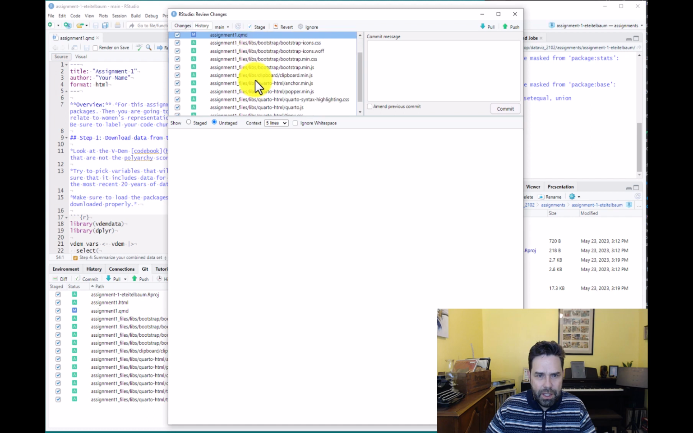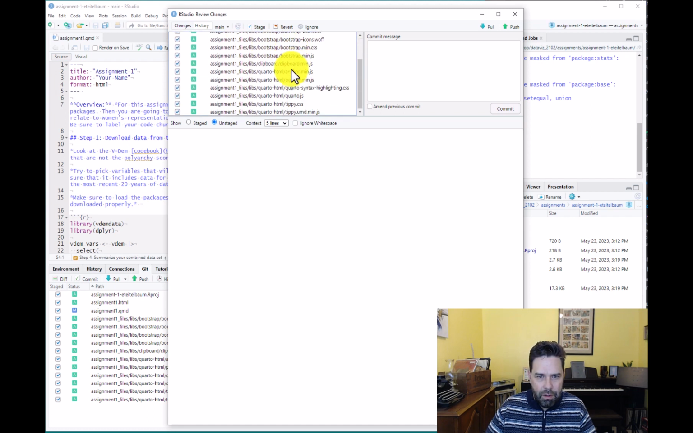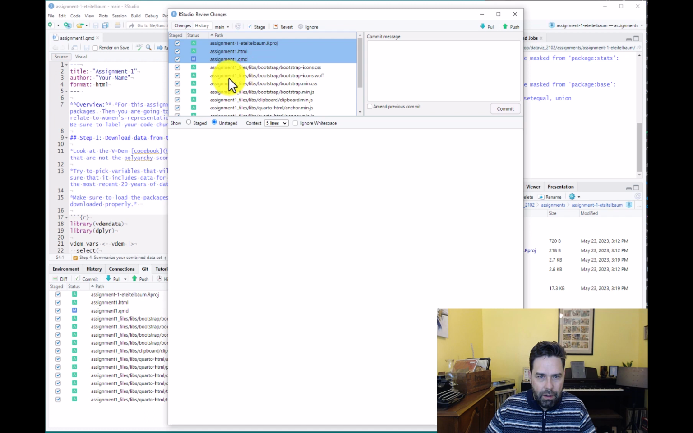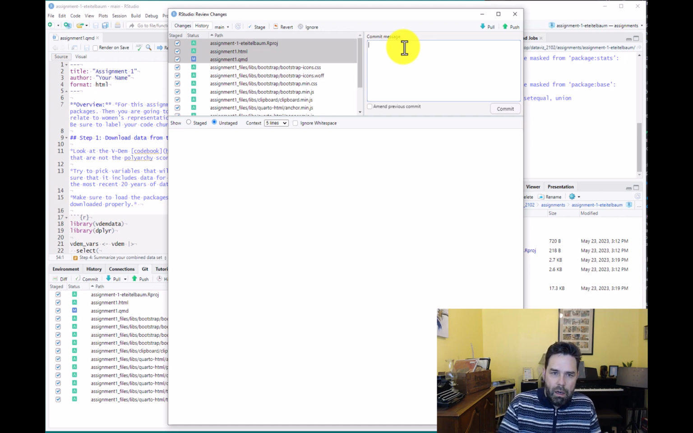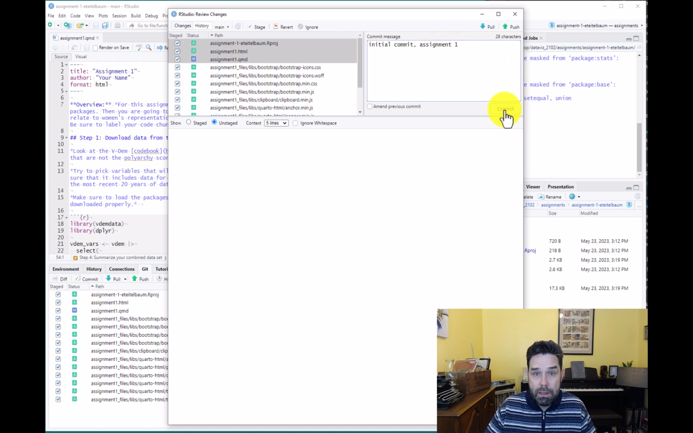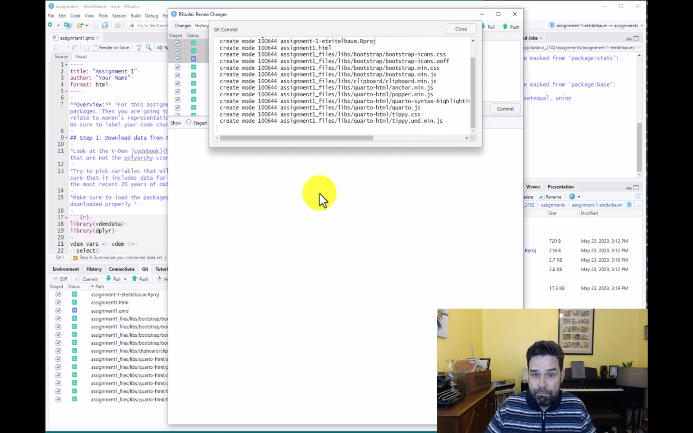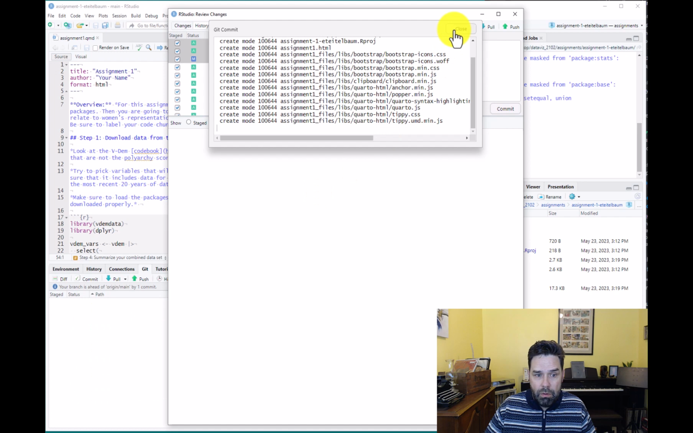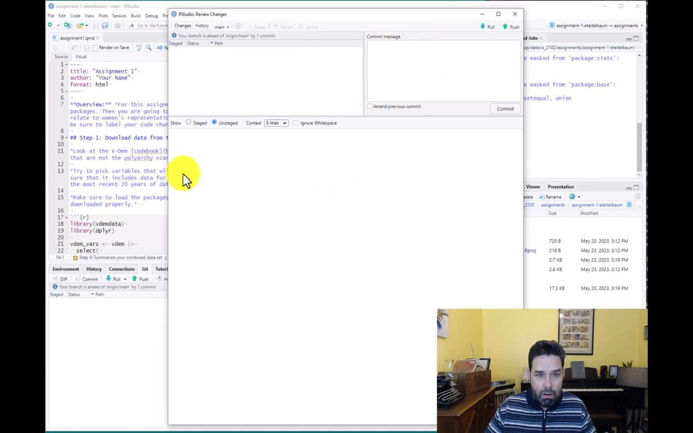And then you're going to see all of these other files appear, and every box is going to be checked, and that's good. And then you write a commit message like "initial commit assignment 1", okay? And then you press commit, okay? All right, and now those files are committed, and it says here your branch is ahead of the origin/main by